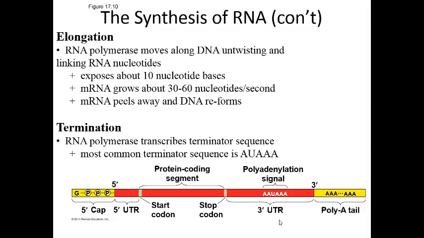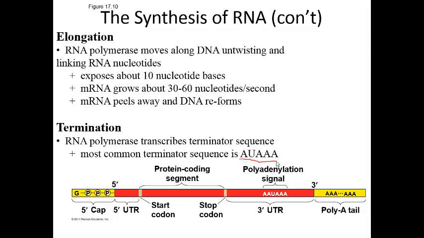During elongation, the RNA polymerase is going to read the template strand of DNA, not the coding strand, the template strand. As it travels through the template strand, it's going to lay down all the complementary bases, making its sequence of messenger RNA. Remember that messenger RNA has U instead of T. It does this until it transcribes a sequence of messenger RNA that goes